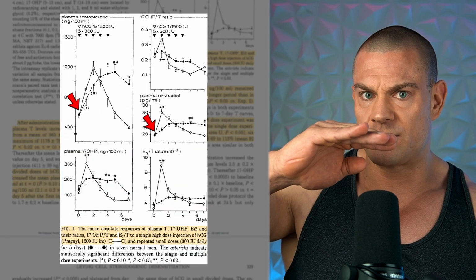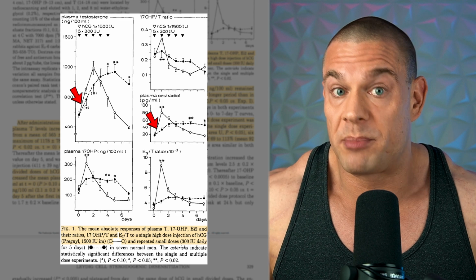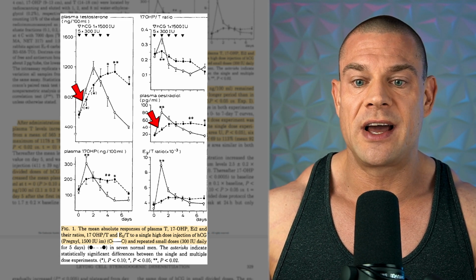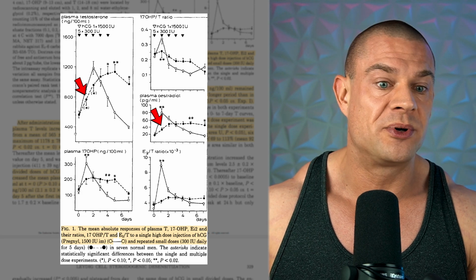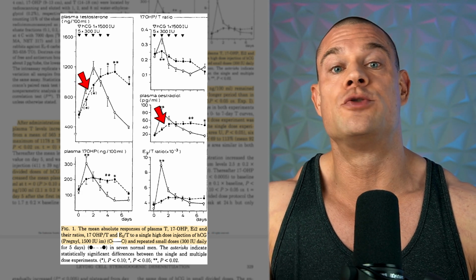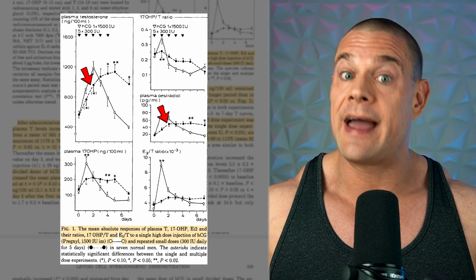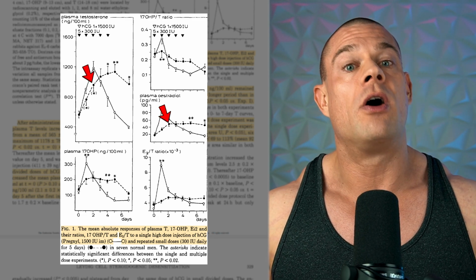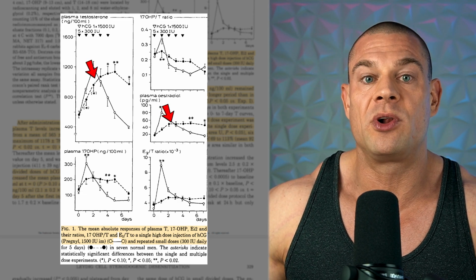So even though the dose goes up initially slower, after 5 days of treatment, total testosterone levels are pretty much identical. But serum estradiol levels were significantly lower in the 300 IU daily group, indicating that smaller, more frequent injections are just as effective as high-dose bolus injections of HCG when it comes to your total testosterone levels, and smaller, more frequent injections are preferable to manage your serum estradiol levels and keep them more favorable, as you can clearly